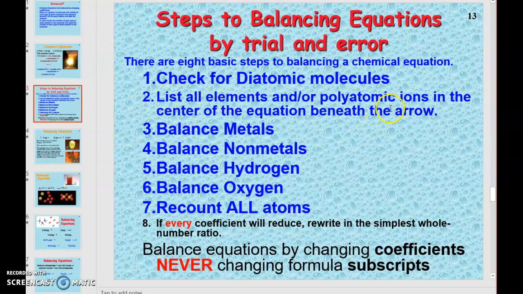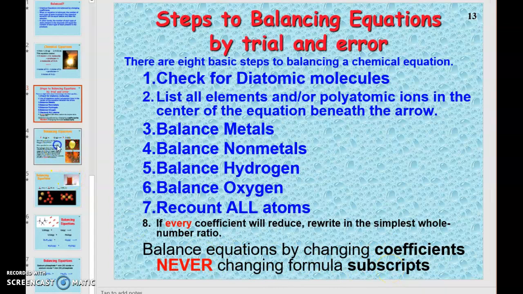We're going to list all the elements and or polyatomic ions present in the center of the equation beneath the arrow. That's to keep track, and I'll show you that in a separate video. Balance the metals, balance the nonmetals, balance hydrogen, balance oxygen, recount everything, make sure it's still balanced. And if by chance you end up with every coefficient being able to reduce, in other words, you have not reached the lowest whole number ratio, then you need to reduce and rewrite in the simplest or lowest whole number ratio. And again, change coefficients when you're balancing, never change subscripts